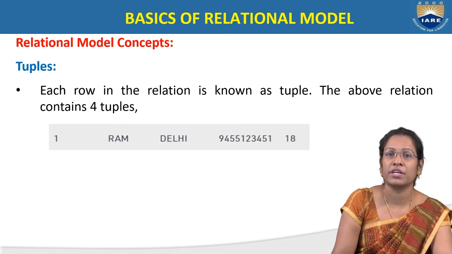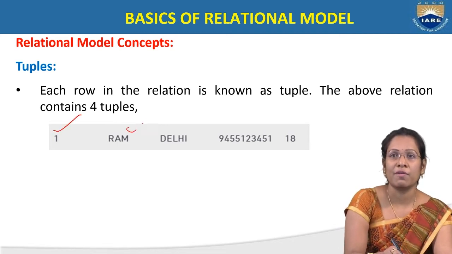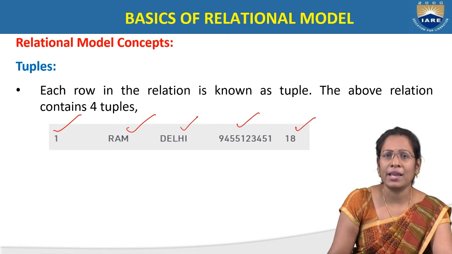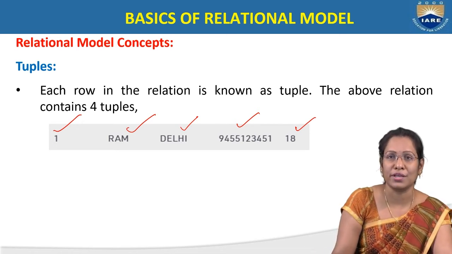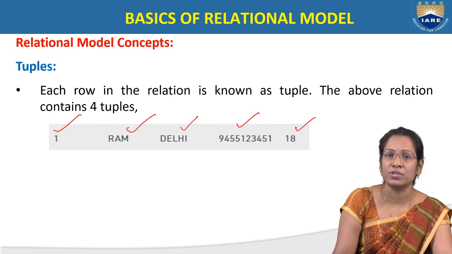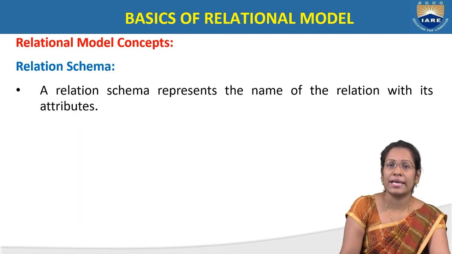So every time the tuple contains the information about a particular student, not only a single piece of information, whatever content we include in the table. The total information about a single person is displayed in the tuple. So here we will see one roll number, the name of the person, the place he lives, the mobile number and the age. So the entire information of the particular student can be captured only in a single row. That can be displayed only by using tuples. A row in the relational model is called a tuple.